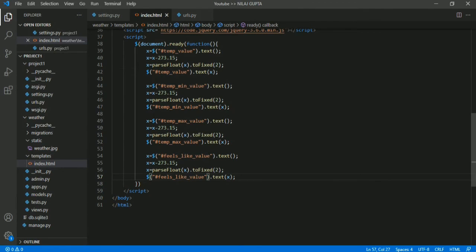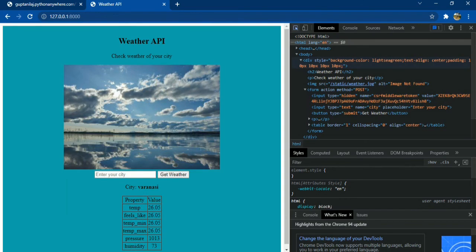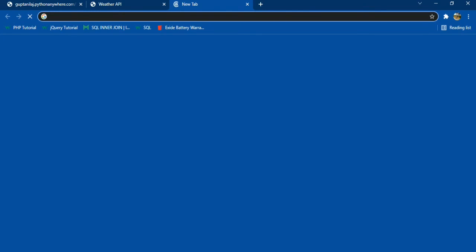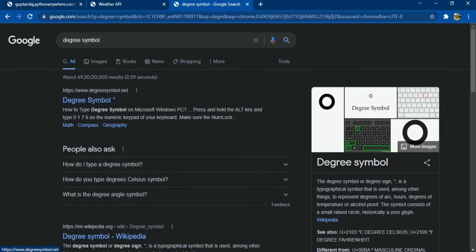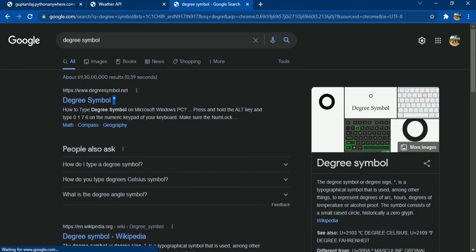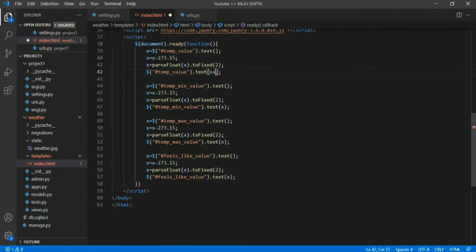So now let's add the degree symbol, plus degree symbol, degree and Celsius.